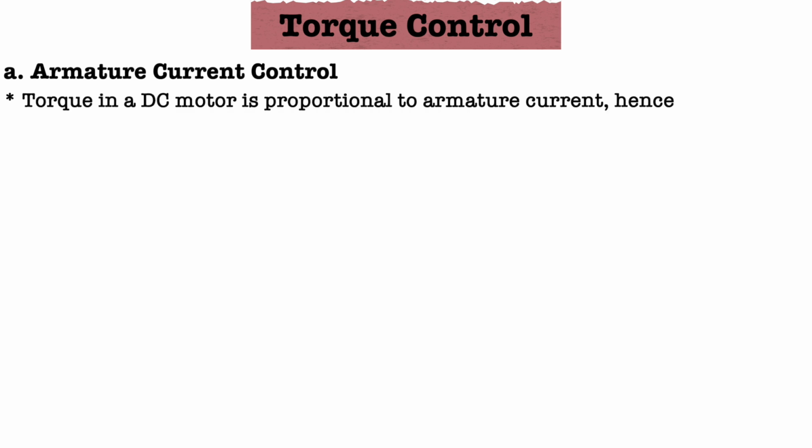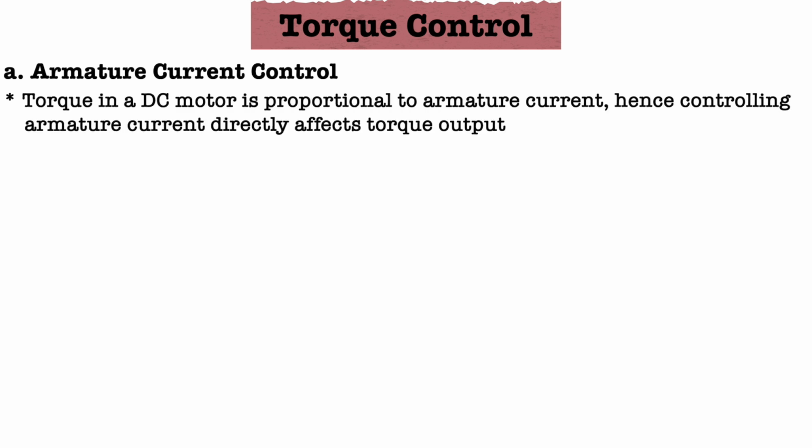The second method is by controlling the torque. For controlling the torque, we use the armature current control method. Here, the torque of the DC motor is proportional to the armature current. So, controlling the armature current directly affects the torque output, as we have